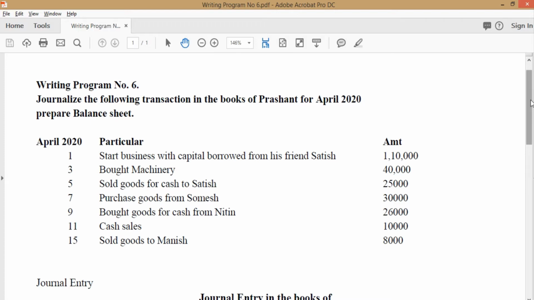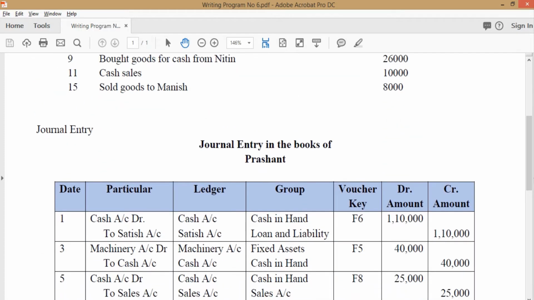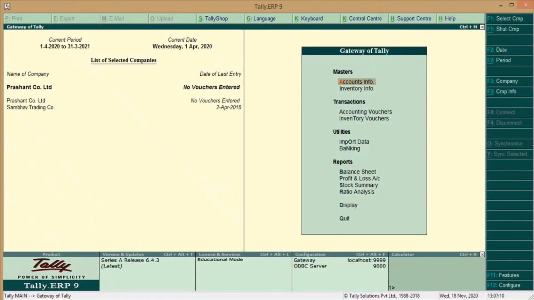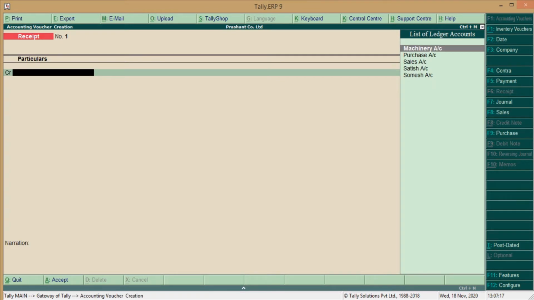For that, we make a journal entry: cash account debit, because cash is coming into the business, to Satish account. Cash is a default account, so we should create the Satish account under the group loan and liability, and make the entry with voucher key F6. To make the entry, click on accounting vouchers. Here we are. Now we should create